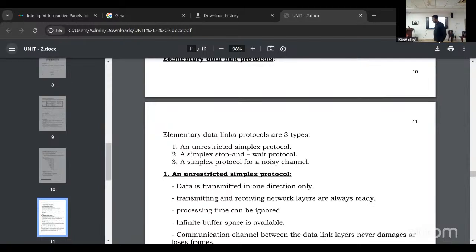Like a Pulsar bike, a Hero Honda bike. Earlier, there were 100 cc, 150 cc, 185 cc, 225 cc. What is cc? Engine capacity.